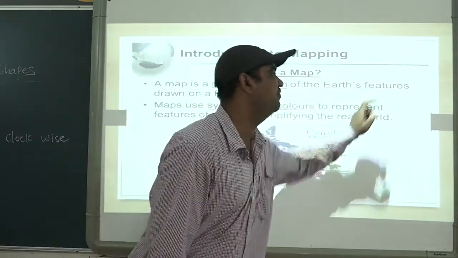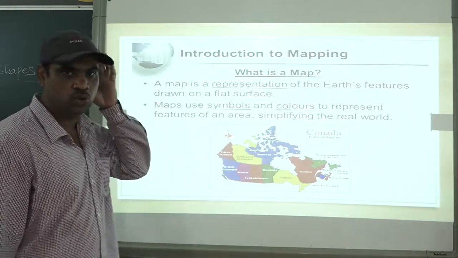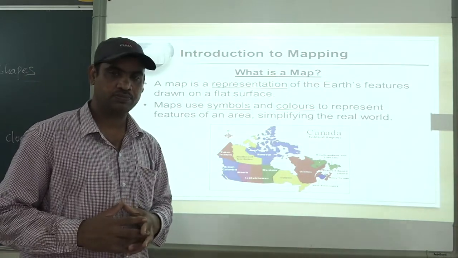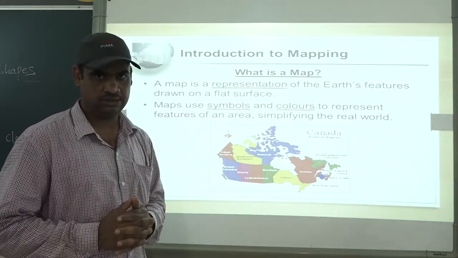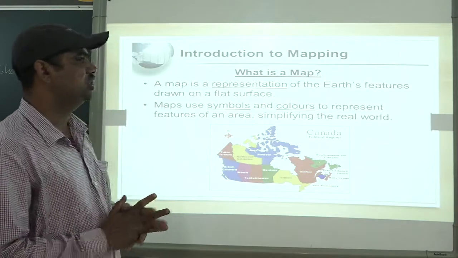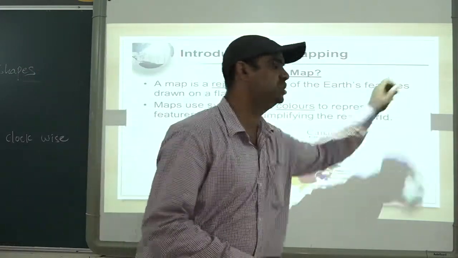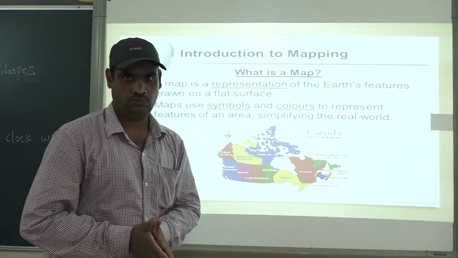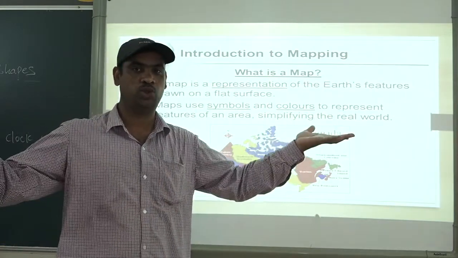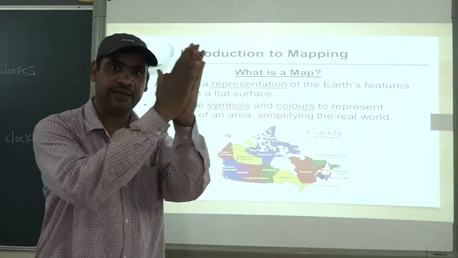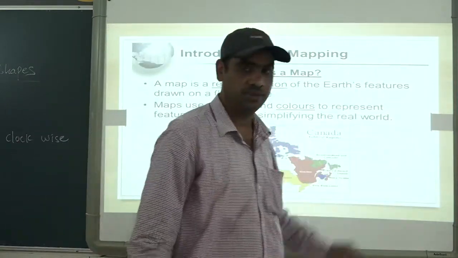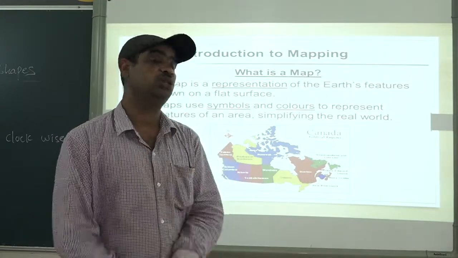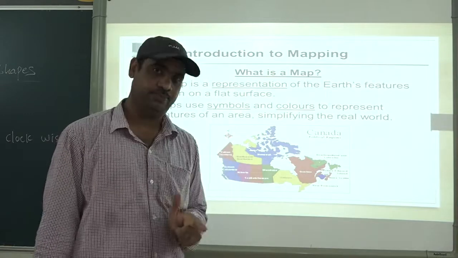Next one is Earth's features. Earth's features include continents. It includes different landforms, different countries. Okay, like if you want to show a country, that is Earth's feature. That is a political feature. Or in the landform, for example, a desert. If you want to show a desert, desert can be called an Earth's feature. So can you show desert? Yes. So desert can be shown on the map.